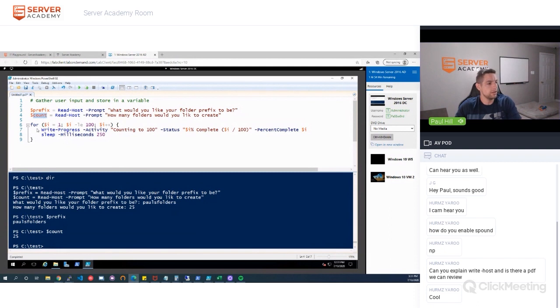So we're going to change this for loop. We're going to say while it's less than or equal to the count, and we're going to increment it by 1. So we're going to count from 1 to 25, okay? And this is going to change because we're not going to a number of 100, but we can figure that out in a second. What we want to do here is say make directory, and we're going to say dash path,